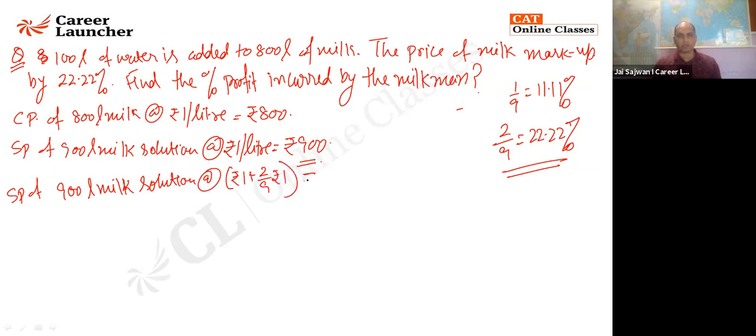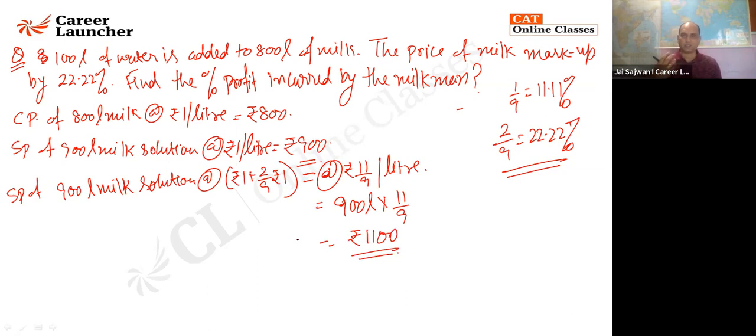Can I say it comes out to be at the rate of ₹11 by 9 per liter, which will give me how much? 900 liters is the solution. You are selling it at 11 by 9, which is coming out to be 1100 rupees as the collection. That is the selling price. This is the money that I'm going to get. Now, to find out a profit or loss, my dear,